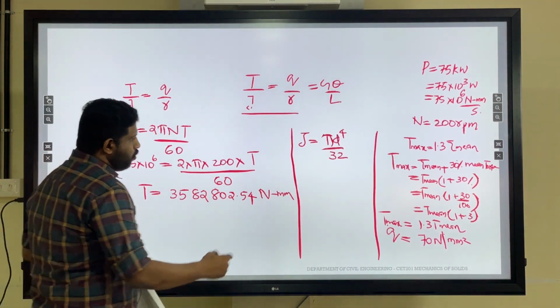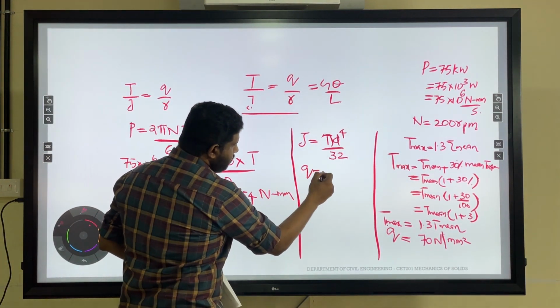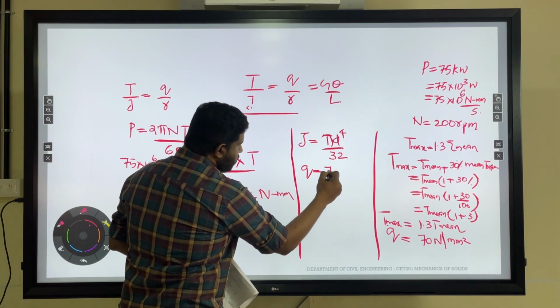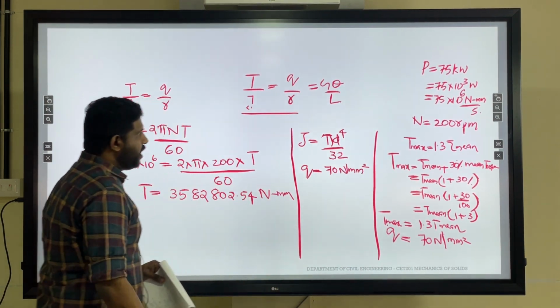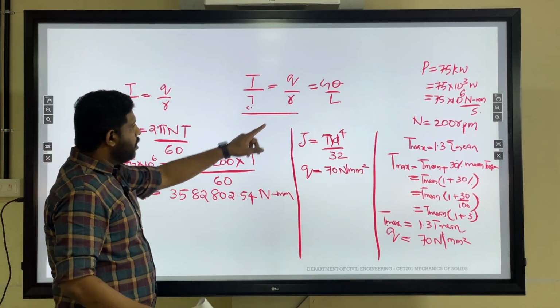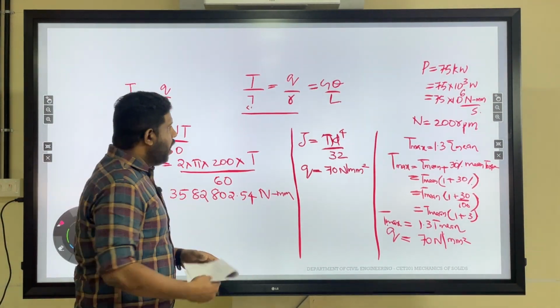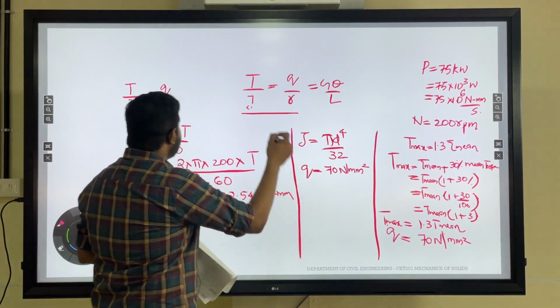Next, the thing is Q. It is given in the question. Q is already given. The condition is 70 Newton per mm square. That value is given directly. Next, you have to get the R value. Okay, R means if you are considering a shaft,